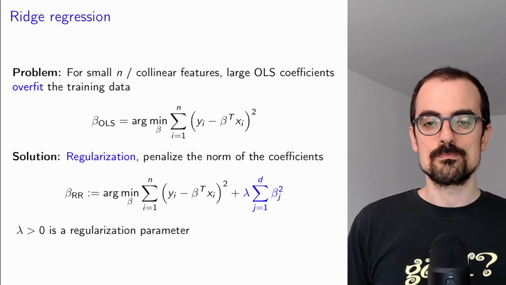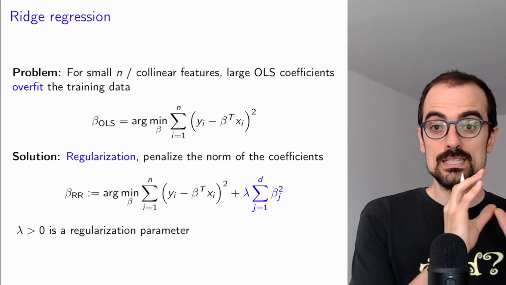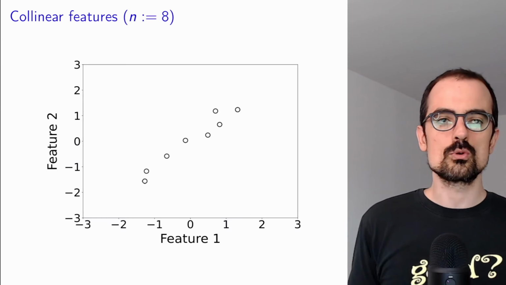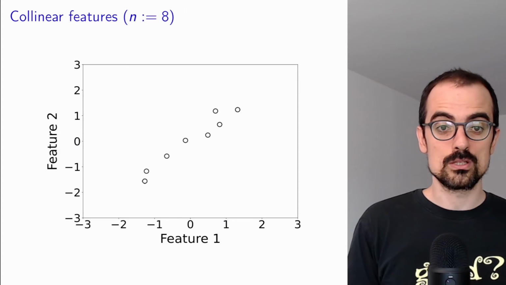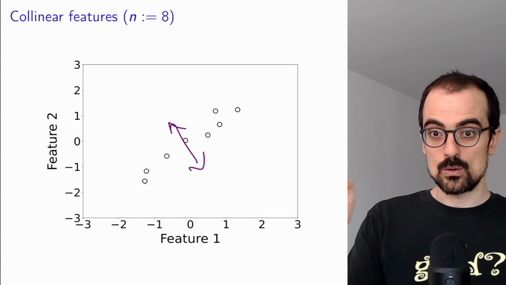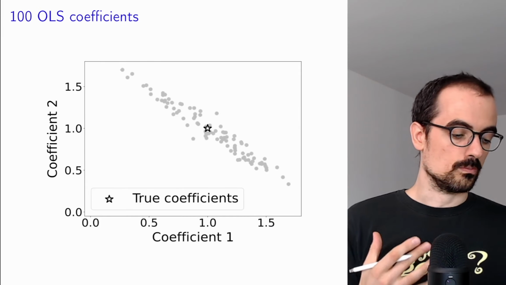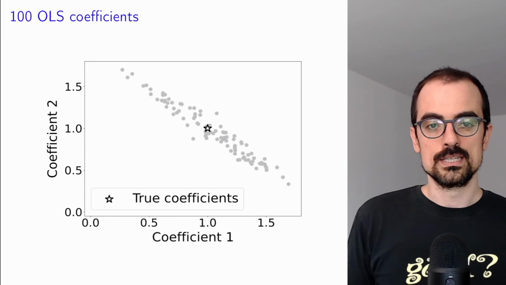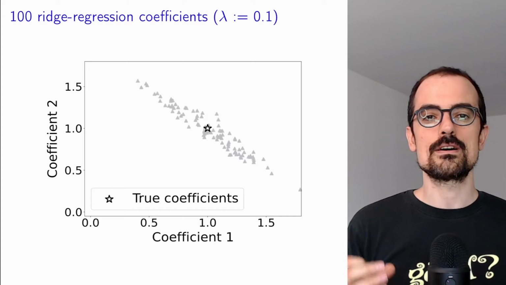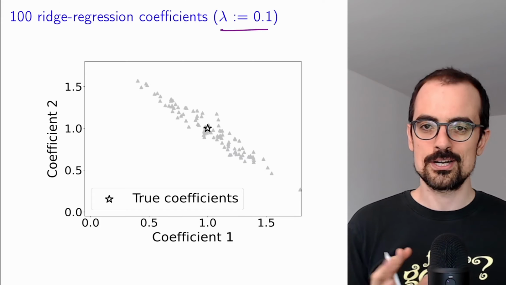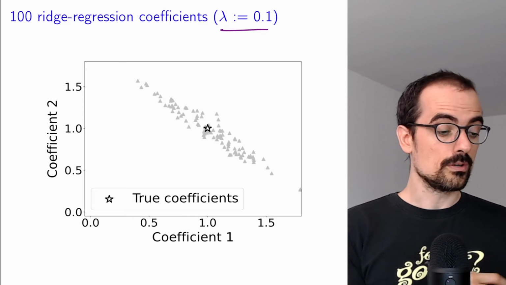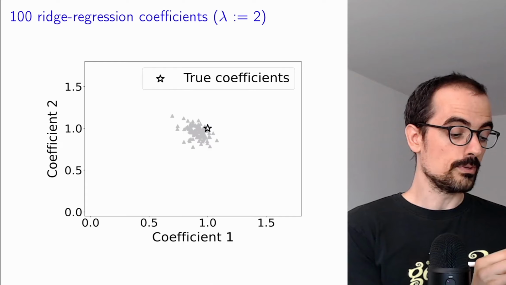Lambda here is a regularization parameter that determines the relative strength between these two components of the cost function. And this method is called ridge regression. Let's take a look at what ridge regression does for a simulated example where there's noise explosion in this direction to overfit the data when the features are collinear. So this is what happens with OLS. There's this explosion in the coefficients when we sample the noise vector in our simulated model over and over. If you have a very small lambda in ridge regression, it looks very similar. But if we push lambda up so that we're penalizing the magnitude of the coefficients, then suddenly we greatly reduce the variance